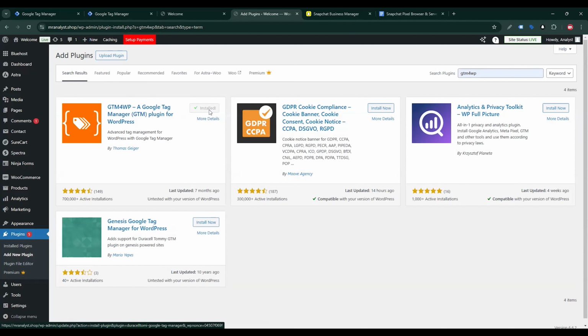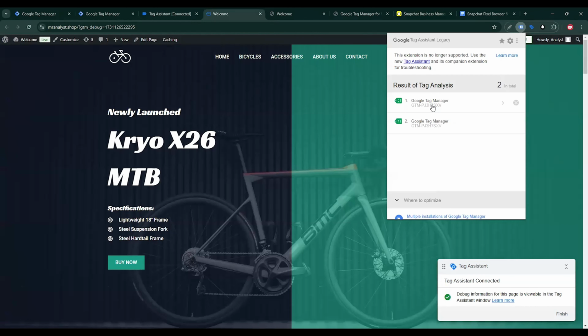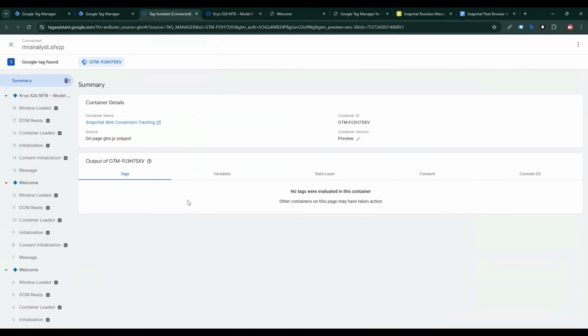Then click on Google Tag Assistant Legacy. Then click on the reload button. Click allow, and click the plugin. If you see that our Google Tag Manager is connected to our website, here it is not showing product details, so I need to enable the website data layer. So go back to the website backend,